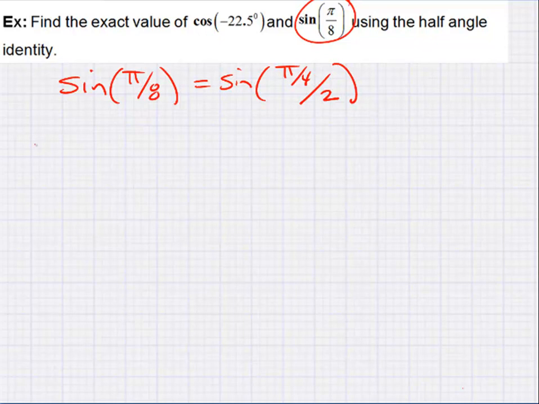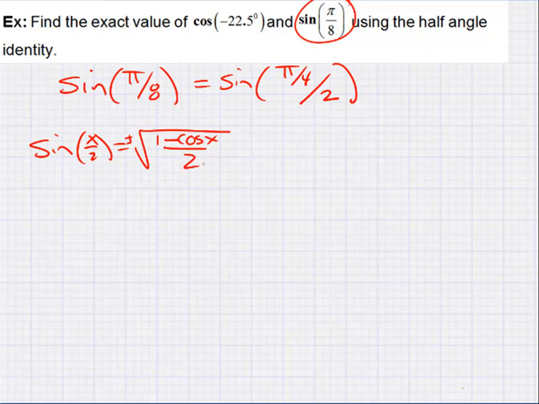So, if I use the half angle identity for sine, which is x over 2, is plus or minus the square root of 1 minus cosine x over 2. Then this becomes really x being my pi fourths, then this becomes the plus or minus,